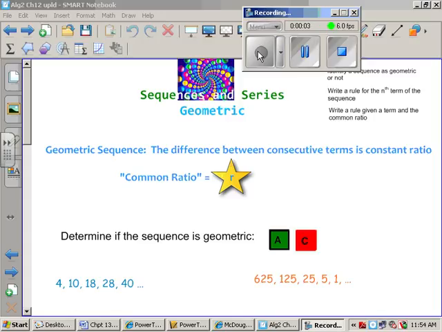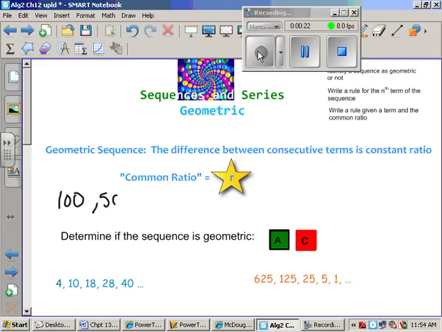Geometric sequences work like arithmetic sequences, except instead of adding a constant number, we're going to be multiplying by a constant number. So you might have a geometric sequence that looks like this: 100, 50, 25, 12 and a half. And instead of D, we're going to have R,